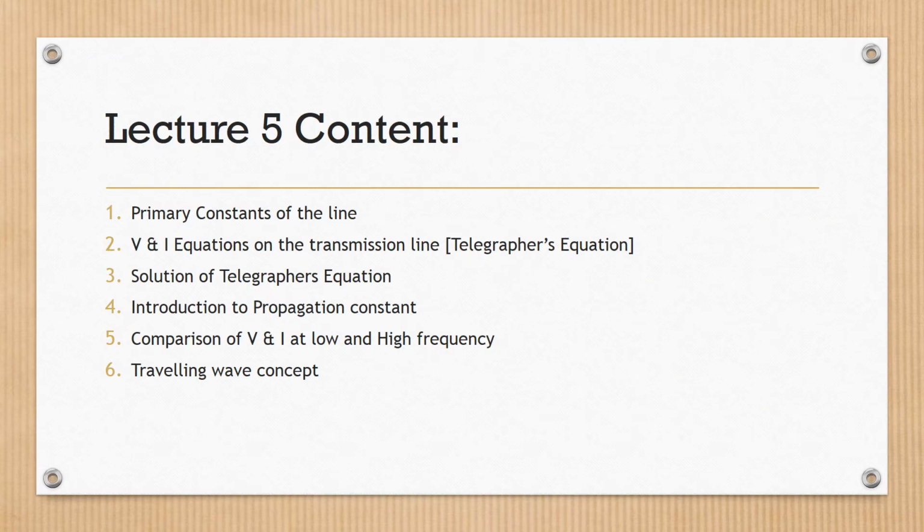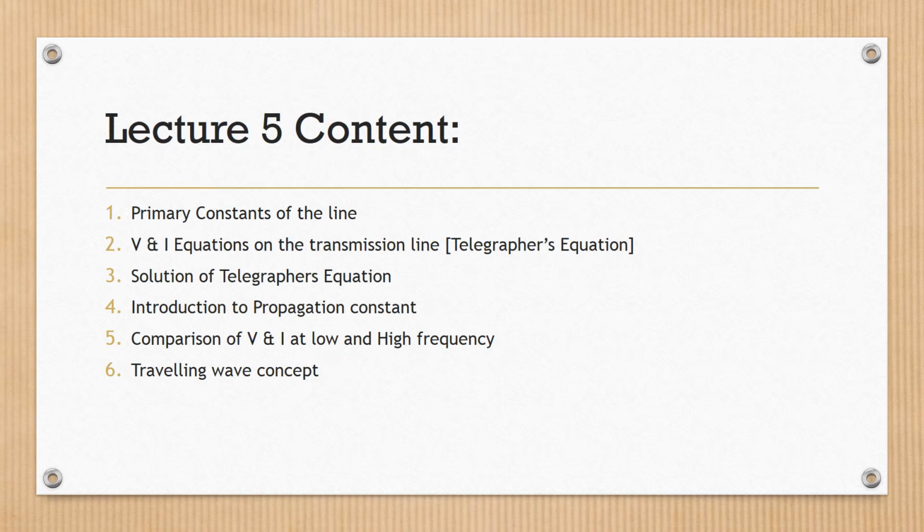In lecture 5, we are first going to take up the distributed circuit theory and analyze that small section with the help of a few electrical parameters. We call those the primary constants of the line. We are going to see what the different primary constants are that are involved in order to realize that small distributed circuit element of the transmission line.